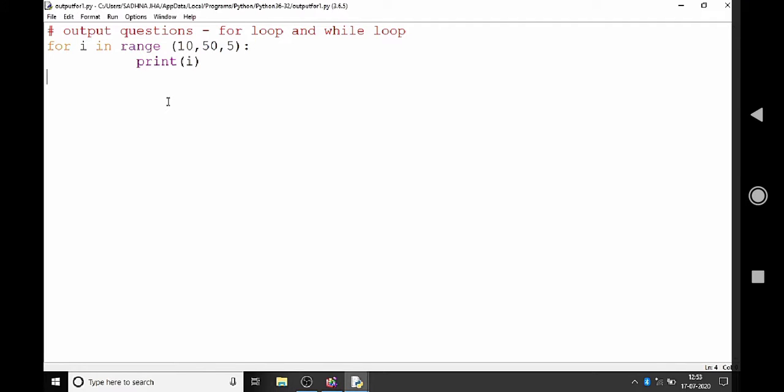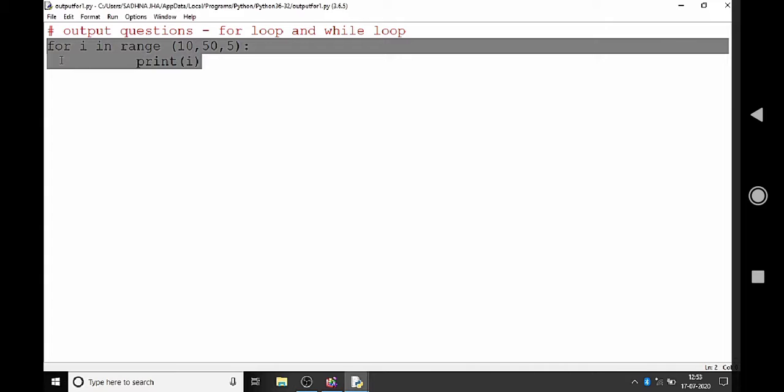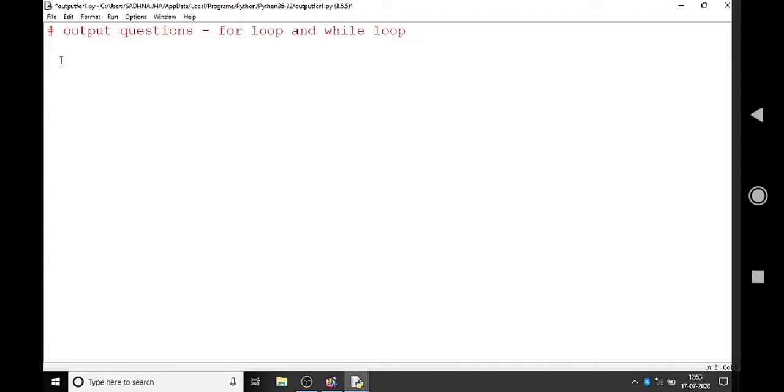I'll show you some more examples. Suppose x is equal to 5.